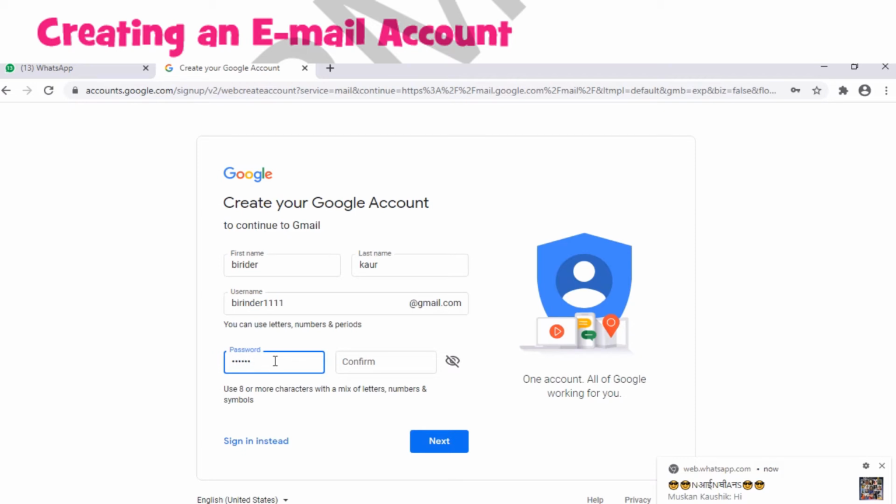Your password should be a combination of numbers and alphabets. Then you have to type the password again for confirmation. Then click on next.